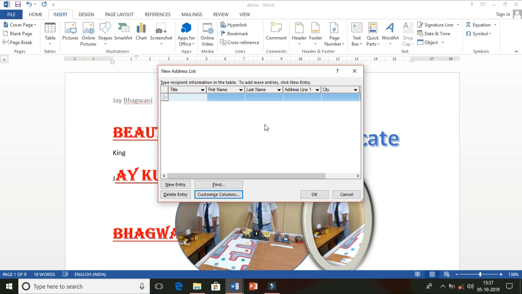So all the information is coming. Now let me type the names of the recipients to whom we want to send the message. So this, Mr. Ravi Singh, Address Line, suppose B112. Again click on New Entry.